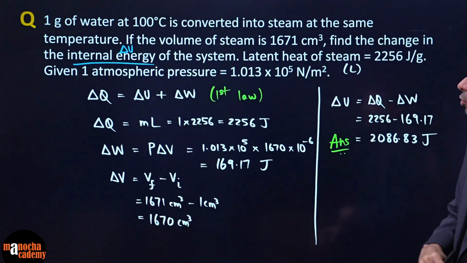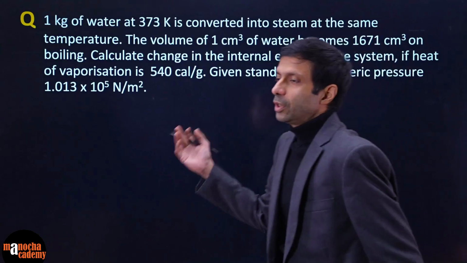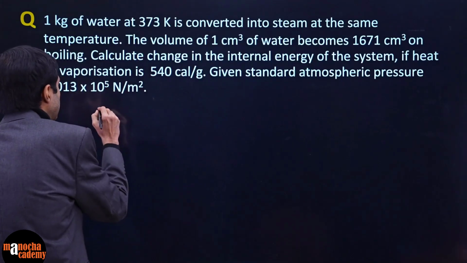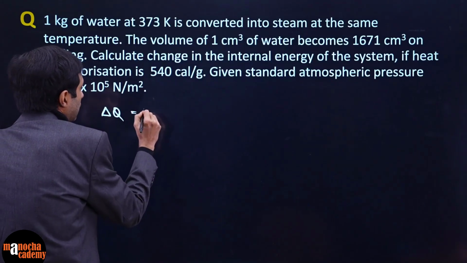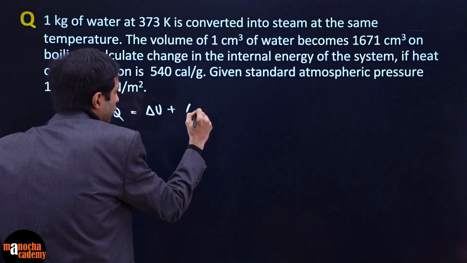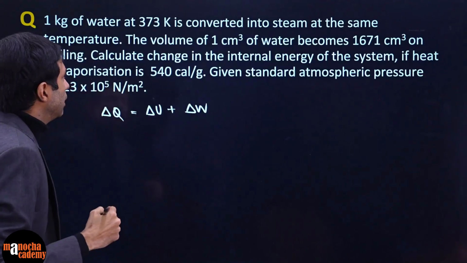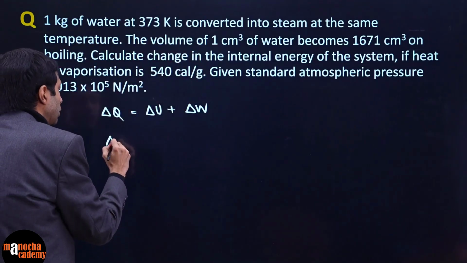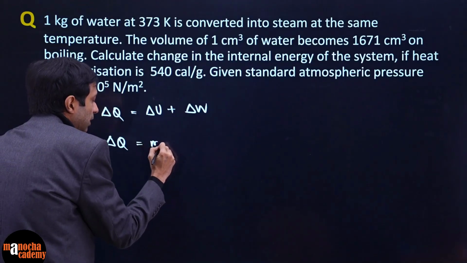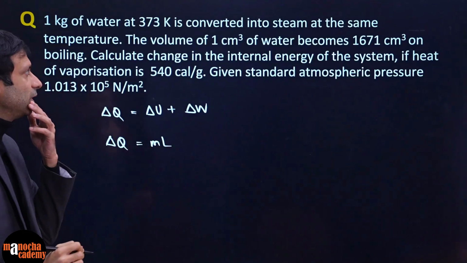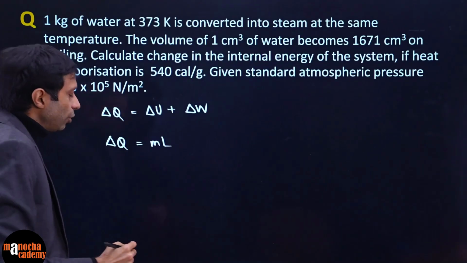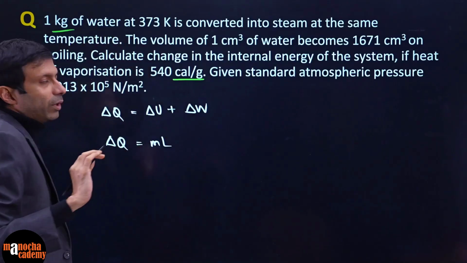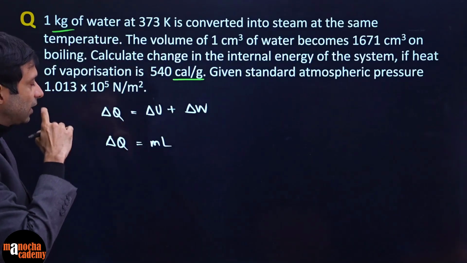So in this question, that's why we used the first law. This question again is based on a similar concept. Basically, what you have to do is take the first law: delta Q is delta U, so internal energy, plus change in work done. That's it. Here again, you can see water is converted to steam, so delta Q will be mass times latent heat. Very important, right? ML, not MC delta T. That's what we'll use here. Now here you have to be a little careful. It is given in calories per gram, and this is in kg, so you have to take care of the units. That is the important thing.